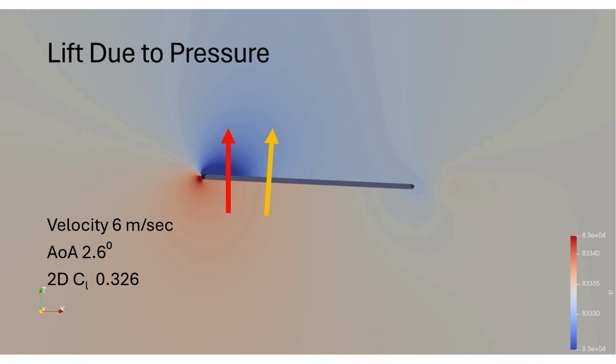Now, in this case, some of the pressure difference goes into drag along with the surface friction, with the pressure and viscous surface friction being the only two forces that are applied to an object in a fluid such as air. Okay? And the CFD, Computational Fluid Dynamics software, lets us get the sum of the forces in the up direction, which is the lift. And just for a sanity check,